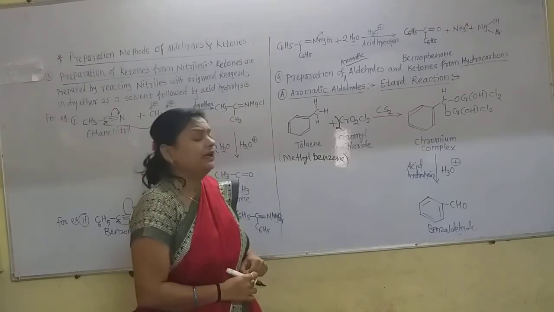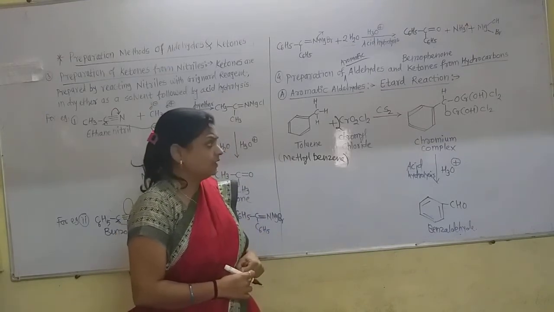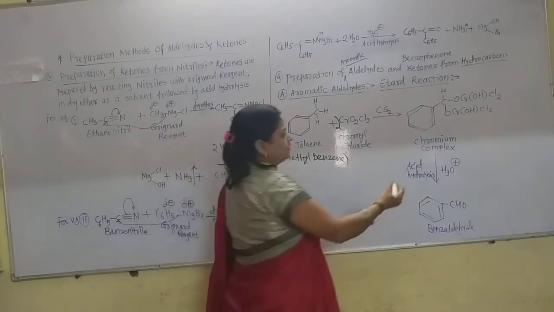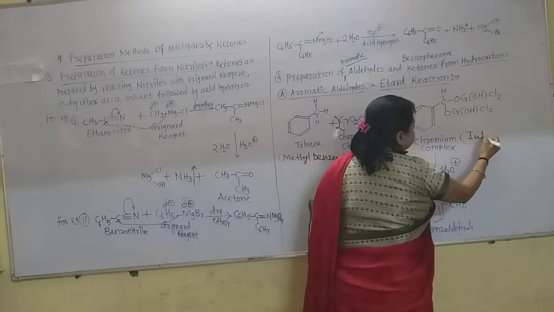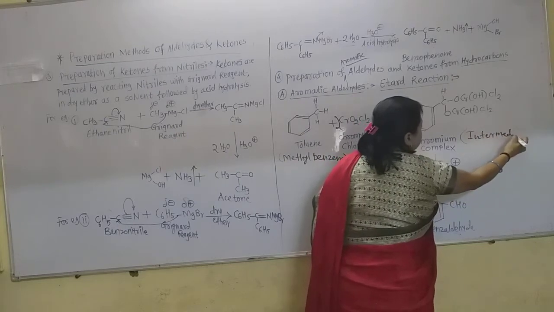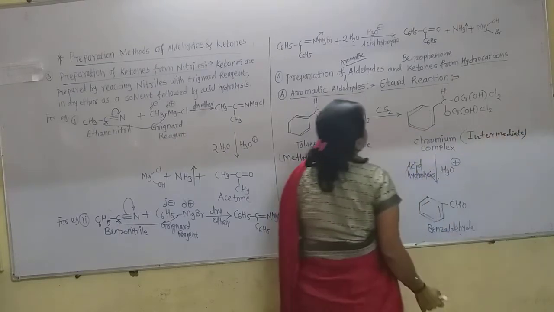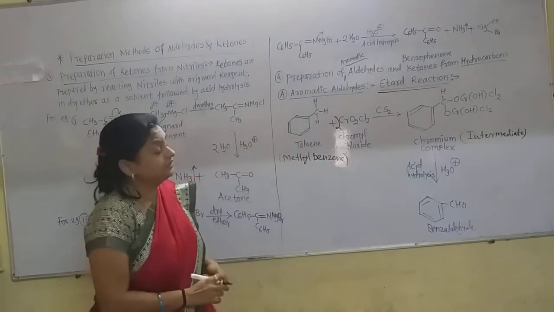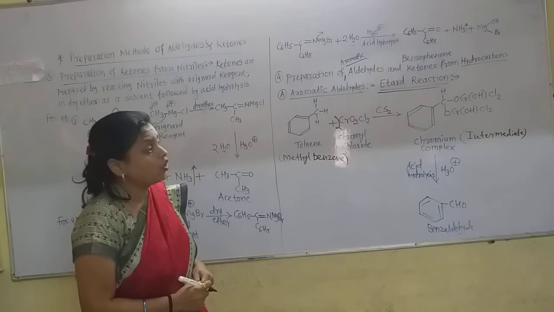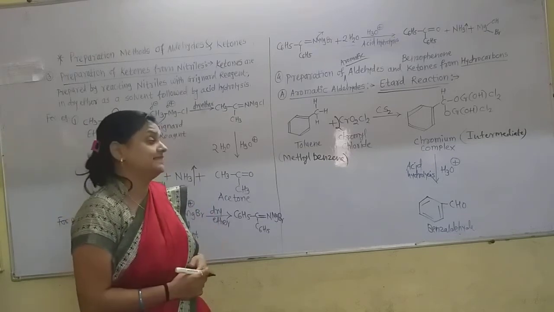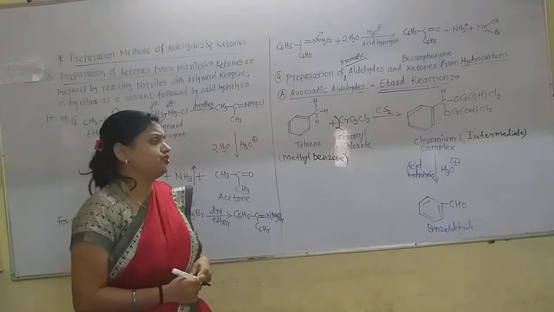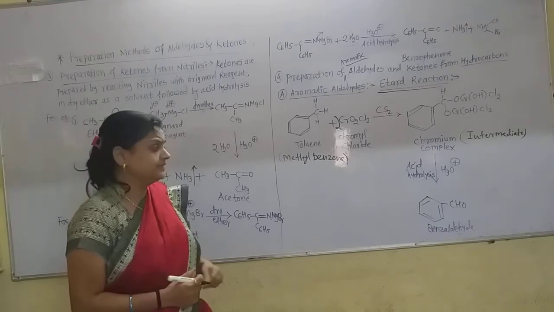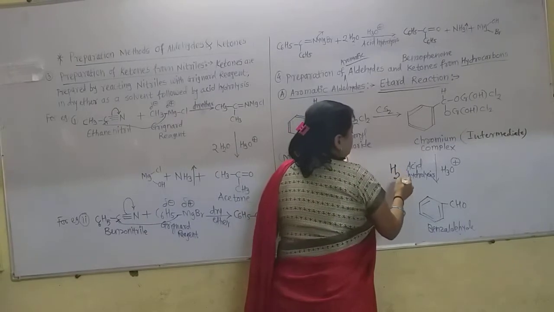Now that is the intermediate complex, chromium complex you can call that. This is the intermediate compound. Now very important reaction, the name of this reaction is the Etard reaction. There is the short note on this reaction. Now this chromium complex gets acid hydrolysis. That is, there is just addition of water molecule. But how is the water molecule added? Suppose here is the H2O water.